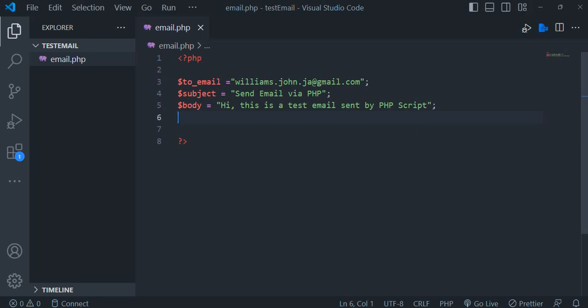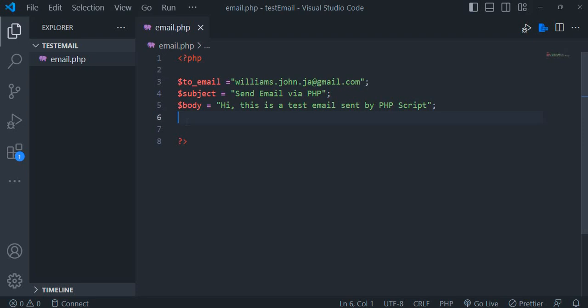Now the thing about it is with the PHP mail function, these three values are required. There's an additional value that we can add to the parameter of the mail function, and one thing that can be stored in that parameter is the from address. Now, I would have specified a from address already in my PHP configuration file, right? So that would have been done already, but I'm still going to put it here just to show you